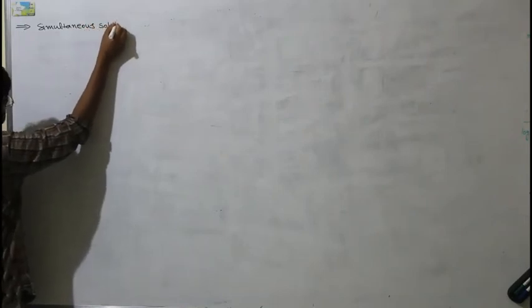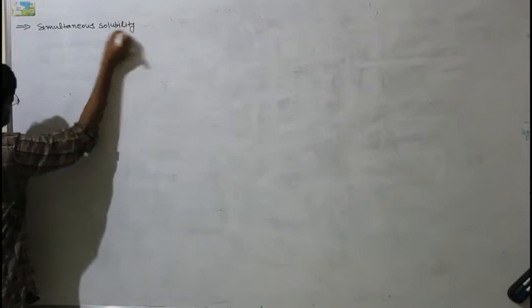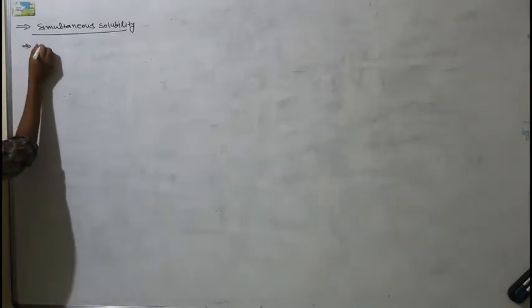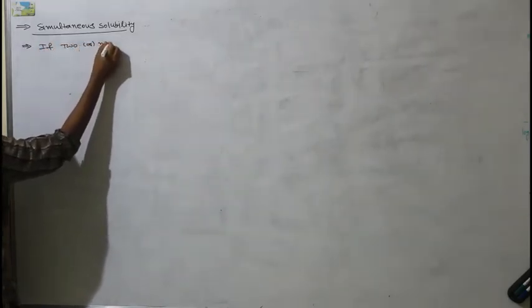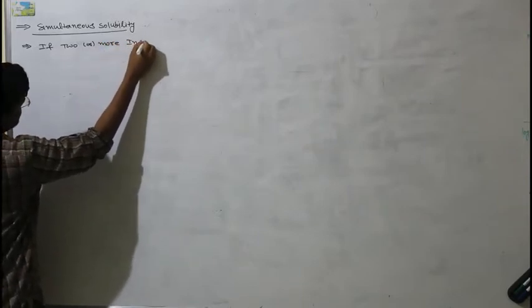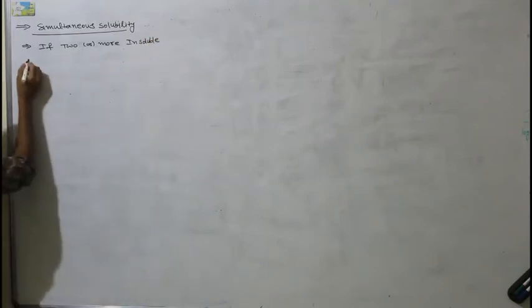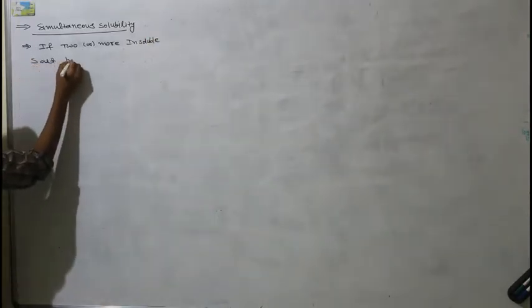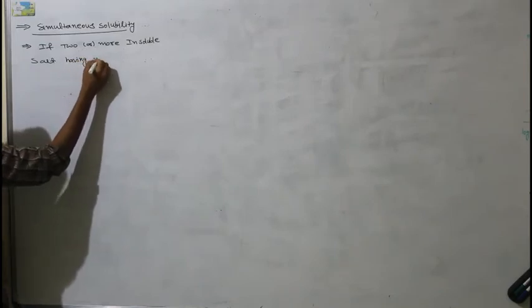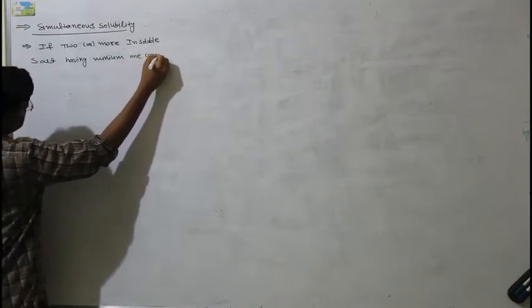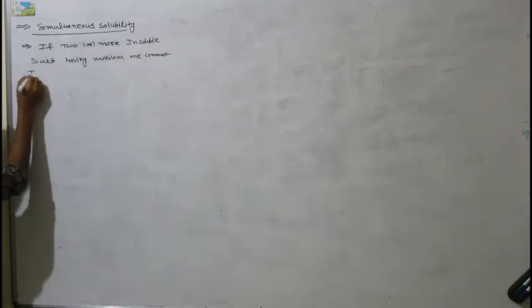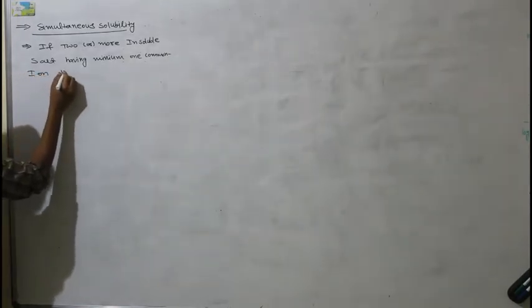Simultaneous solubility. So simultaneous solubility means if two or more insoluble salts, two or more insoluble salts having minimum one common ion, are dissolved together,